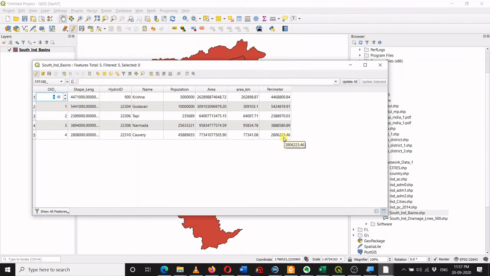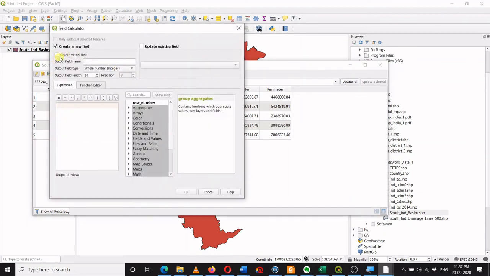I can again convert this perimeter into kilometer by performing the same operation again. Either I can use the field calculator, then I will create a new field where I can say perimeter in kilometer. Since you cannot give a column name which is too big, I will just give a short name.